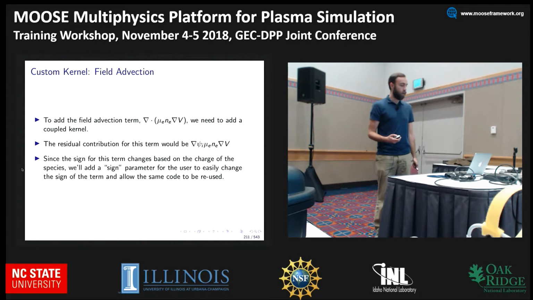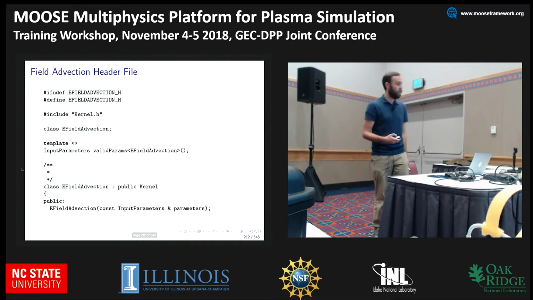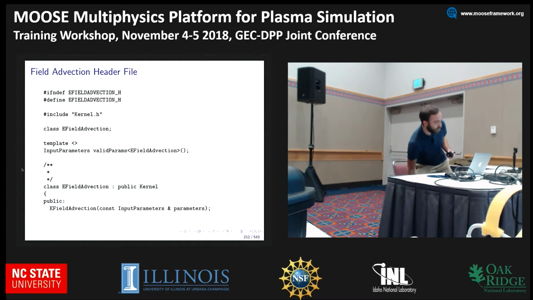The only thing we need to add, or add from scratch at least, is our field advection. To add our field advection term, we need to add a coupled kernel that couples a variable into the density. So the residual contribution from this term would simply be this term shown here. Since the sign for this term changes,